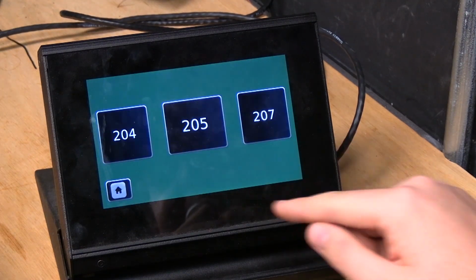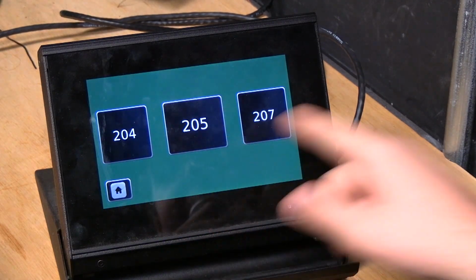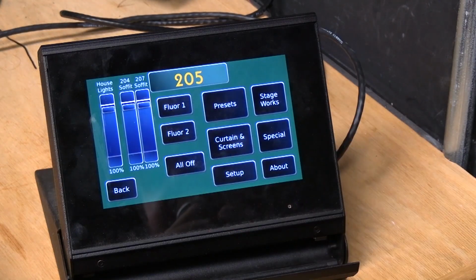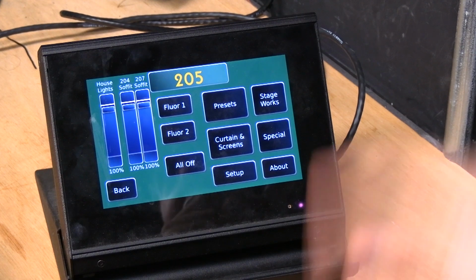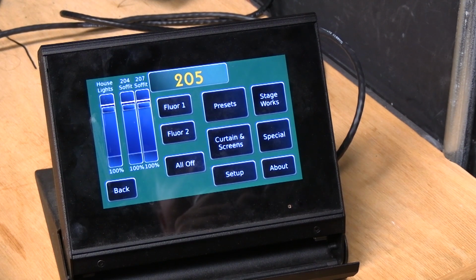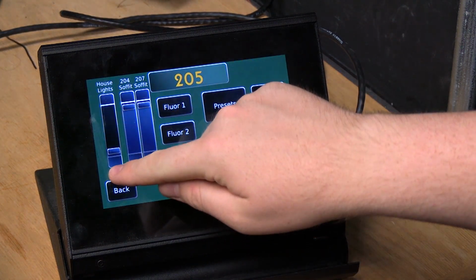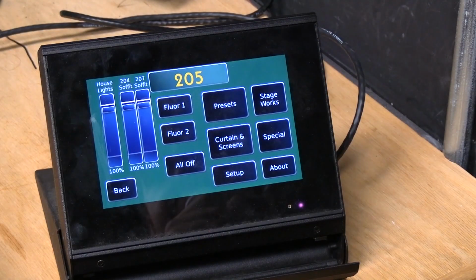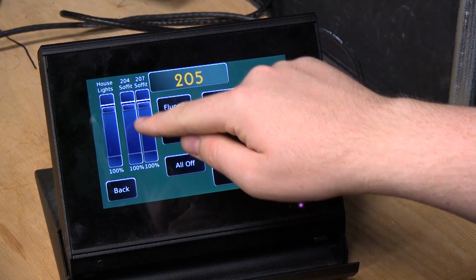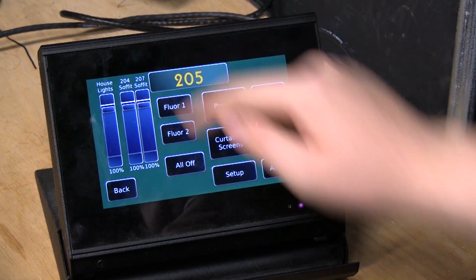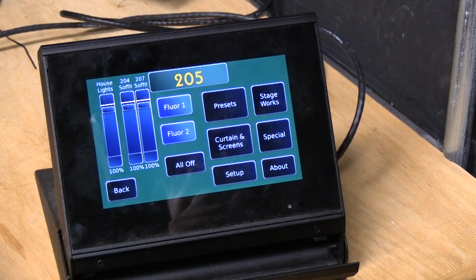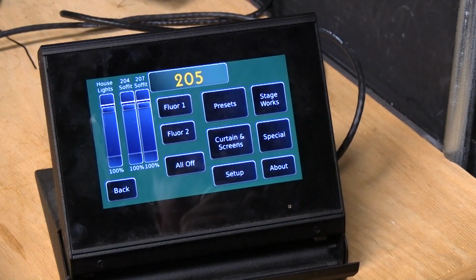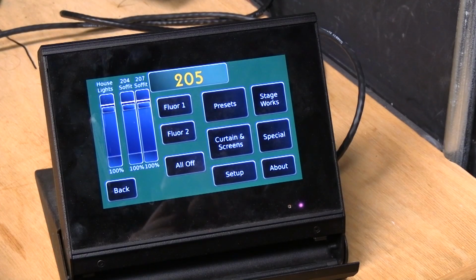If you hit continue here, then you see the 3 different spaces, and if you do 205, then you can see all the lighting options for the main auditorium, and you have control for the house lights with this fader here. You have control of the soffit lights in the 2 wings. You have control over the fluorescent lights in the center, and you have probably the most interesting part, which is